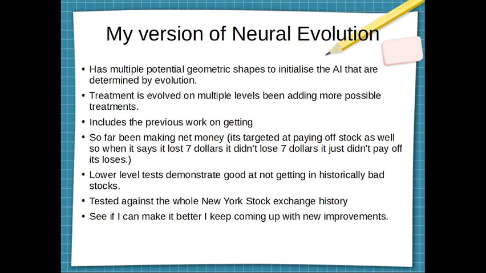So my version of the neural evolution, I'm using multiple geometrical shapes, so it's not just one. It's more towards what I would call the HyperNEAT algorithm, and less towards the NEAT. It uses multiple different treatments, and those treatments are applied on every single level. I've got all the previous work that I've done so far,